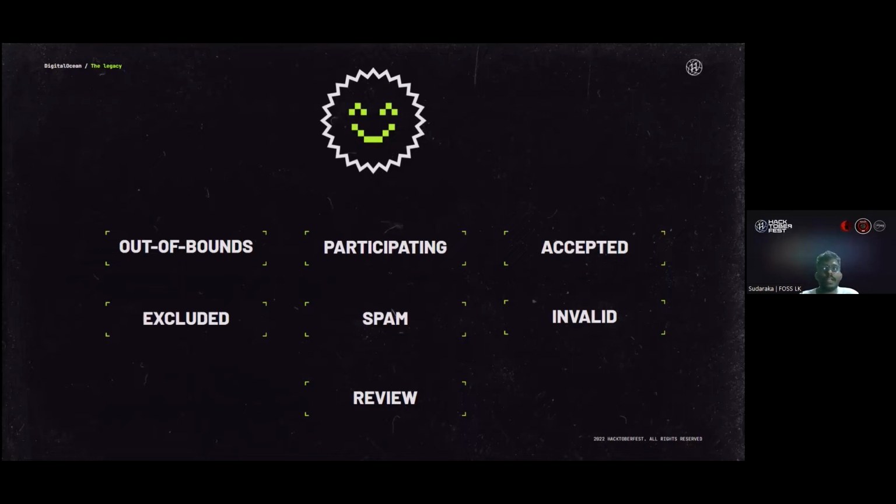The second thing is participation. As I mentioned earlier, in order to count your contribution to the Hacktoberfest event, the relevant repository should contain a tag, like a label, such as Hacktoberfest. I will show you when we get to the demonstration. You need to check whether the relevant repository is tagged with the Hacktoberfest tag, or whether your PR is labeled as Hacktoberfest accepted. I will show those things in a couple of minutes.